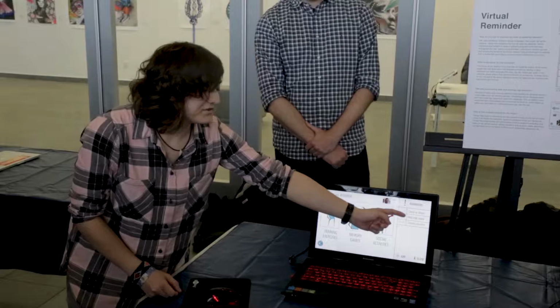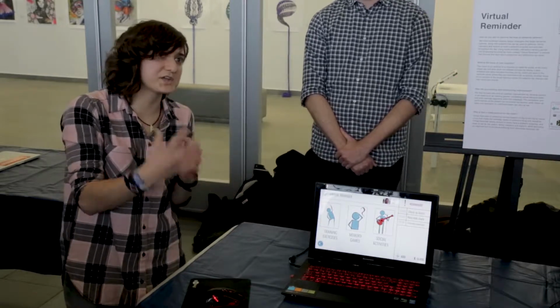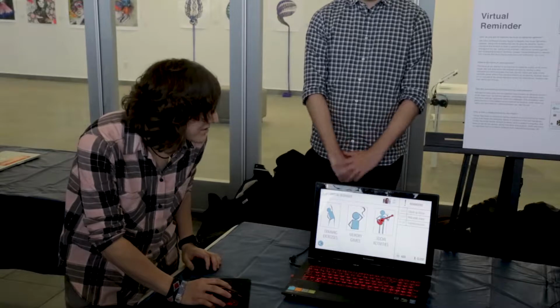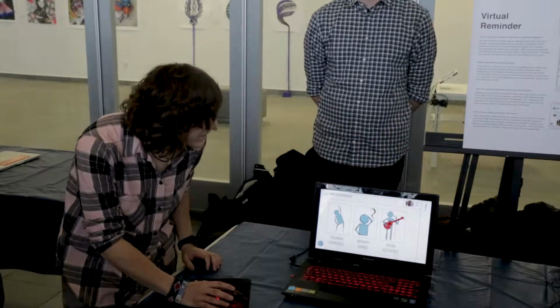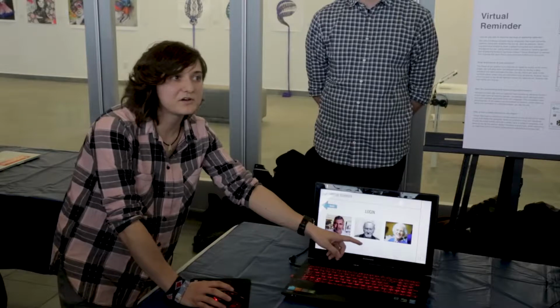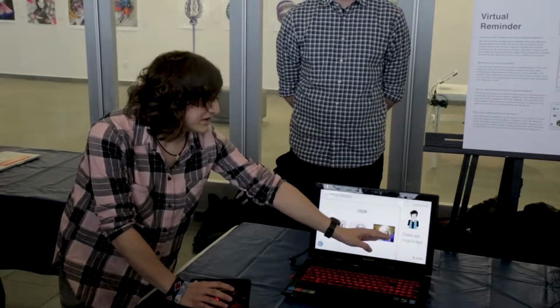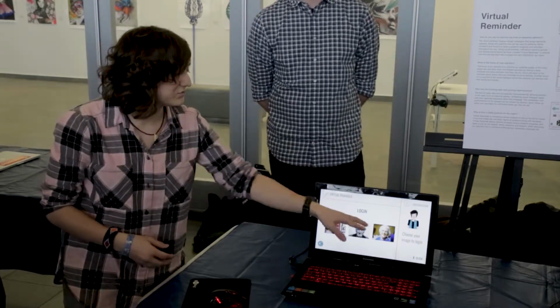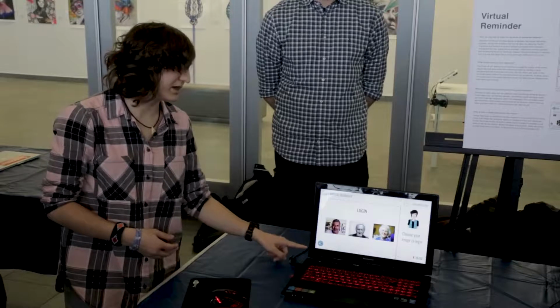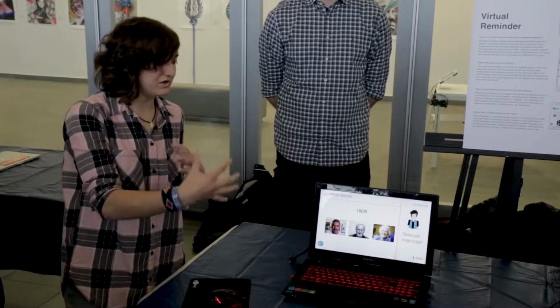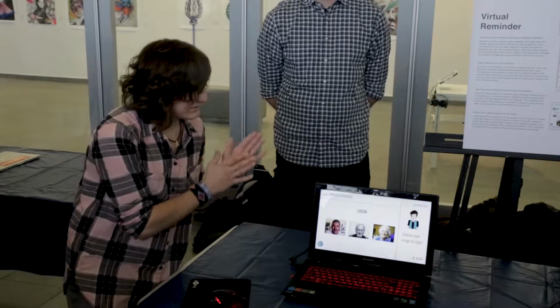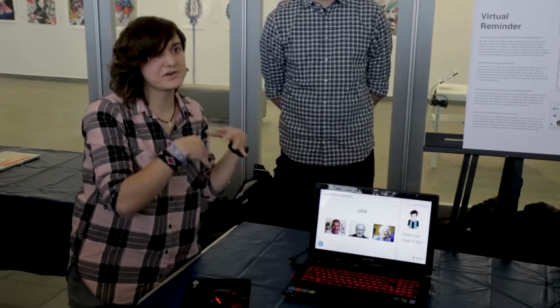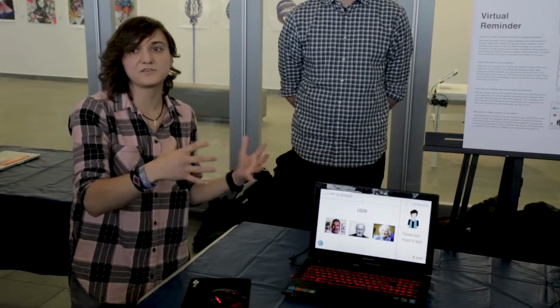But the ones in red are the ones that the doctors and the family members added, so they cannot be deleted. So the patient cannot delete those activities. They also have an information section with the instructions, like what they can do on each page. For example, on this page you have to choose your image to log in, which is followed by an audio system, and it's directed to the 3D model, which is talking at the same time.